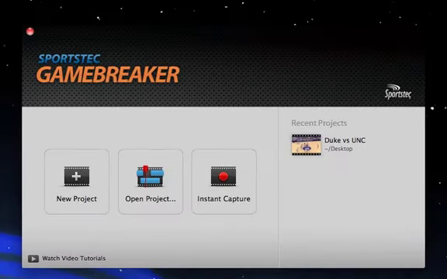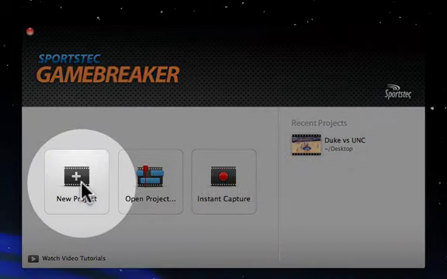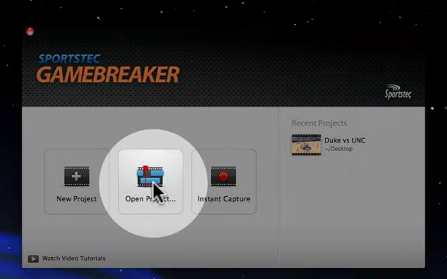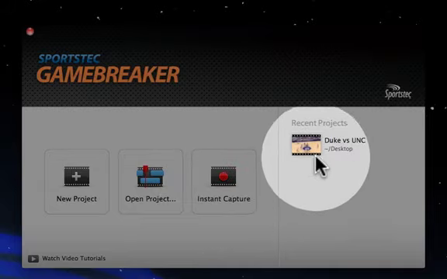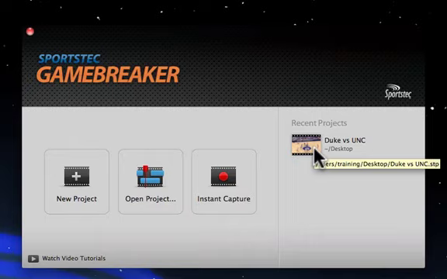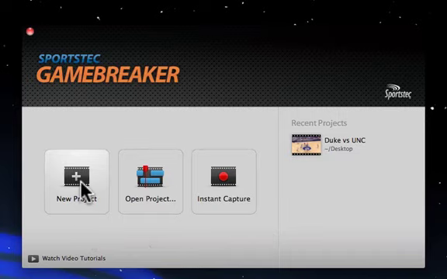This window gives you a simple way to do one of the following. I can create a new project, open an existing project, start an instant capture, or open a recent project that I've been working on. And if this is the first time you're launching GameBreaker, obviously there won't be any recent projects in this area. So for this example, I'm just going to create a new project by clicking on this